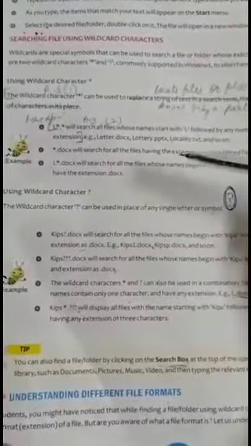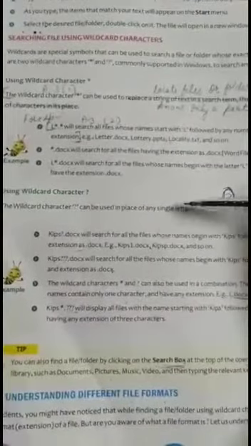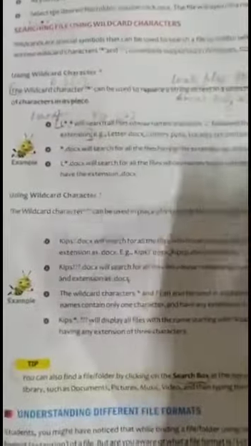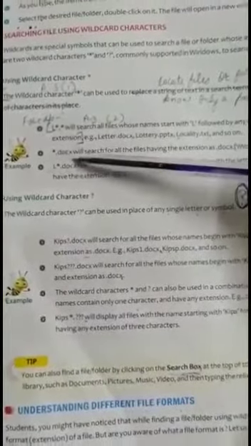So this wildcard character can be used to specify any number of characters. It is often used in file searches so that the full name need not be typed. Here also the full name is not written, only the starting letter is written and the rest is denoted by star symbol. Second example, star dot docx.